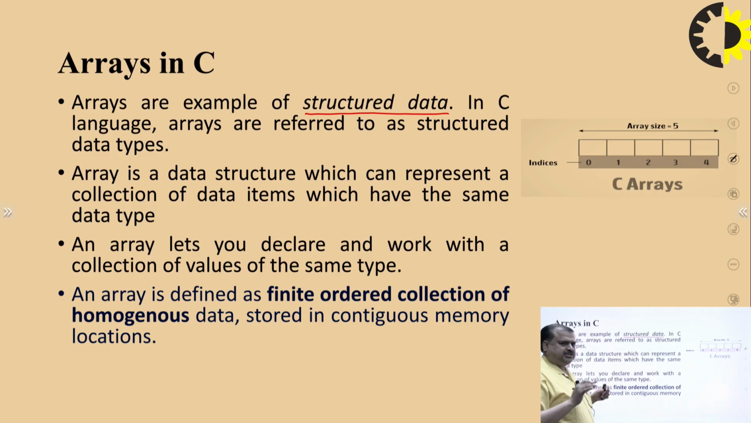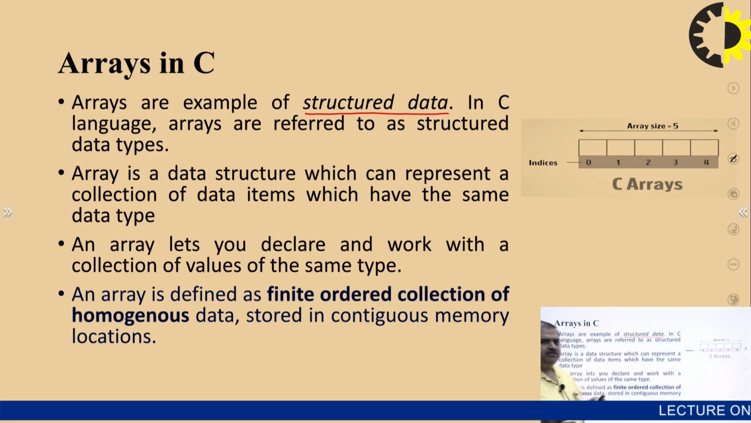An array is a data structure which represents a collection of data items, a collection of similar data items, and they will be stored in a contiguous memory location also. Now an array lets you declare and work with a collection of values of the same type. For example, here you can see